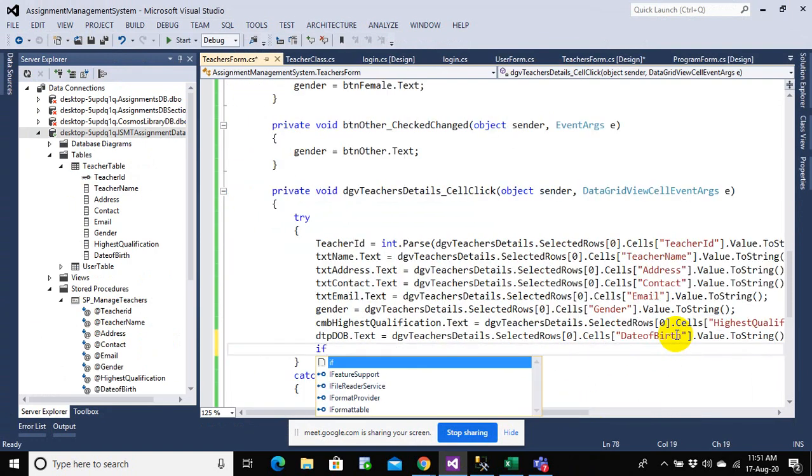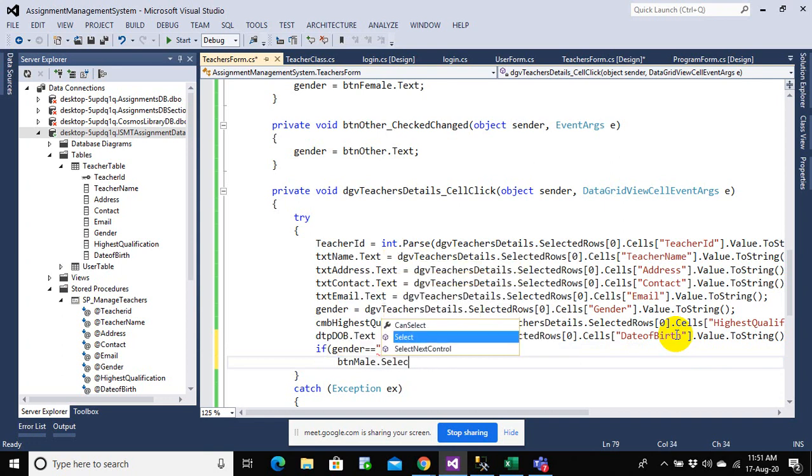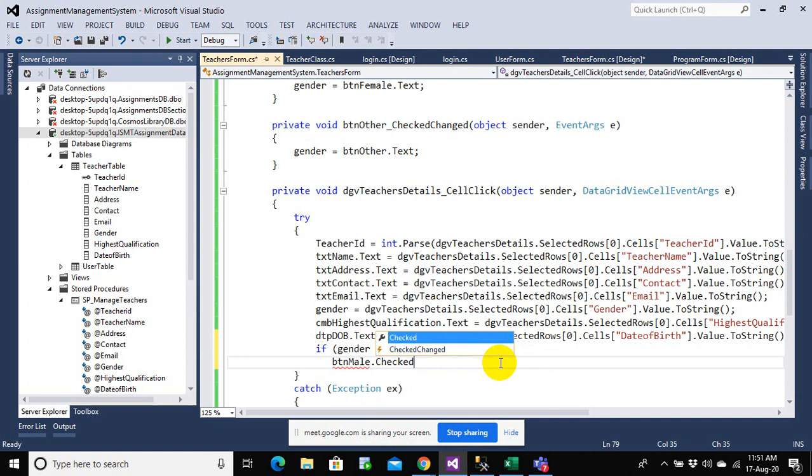Just kind of if gender equals to male, then I can just say btn male dot checked equals to true,